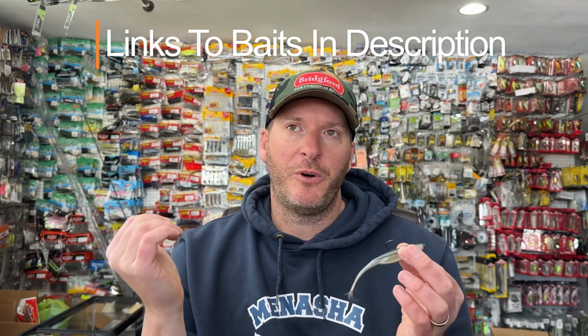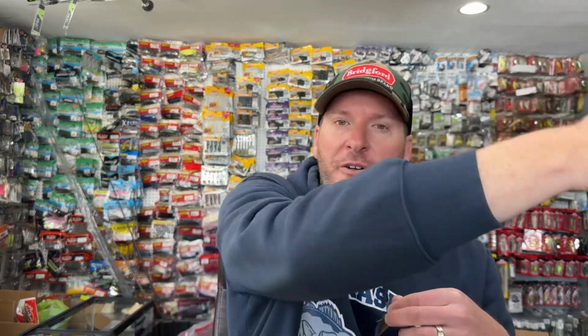The Scamper rig only comes in light sizes, and really the key here is to keep the bait under the surface of the water and keep it from blowing out. If you took a weightless fluke and you retrieved it really fast, or you sweeped your rod at a quick movement, a lot of times what will happen is that fluke will blow out of the water, and that's not necessarily what you want. You almost want it to work